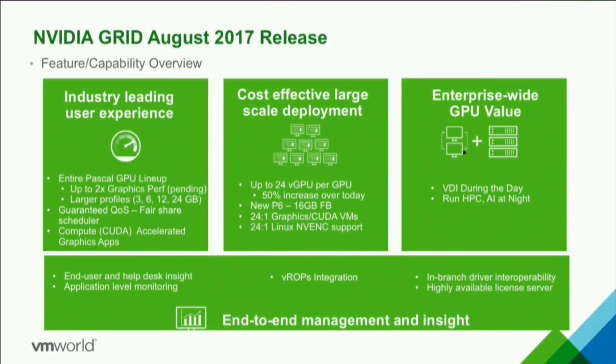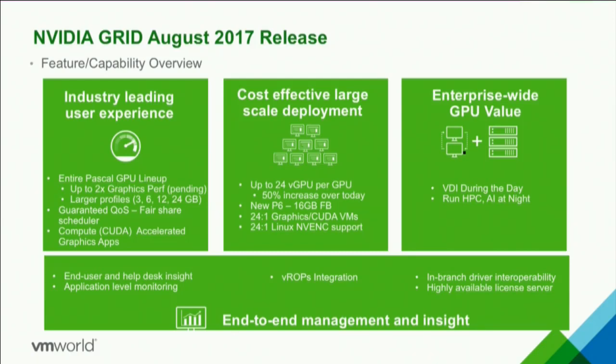So just a real quick overview of August. Really, off the first box, I want to make two big notes. One, I just told you about the CUDA piece, which is the bottom bullet point, but the two above it, adding Pascal and also adding greater granularity in our profiles. Instead of even halves, 1, 2, 4, and 8, we now have smaller intermediary profiles to give you more adjustments in your knobs, your tuning, to deliver the exact right amount of performance to those user types. More efficient use of the available resources, giving you more benefit off of your customers' investments.